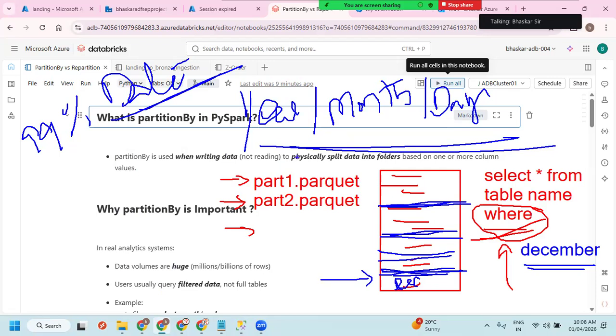Partition by, we have seen, right, how we use it with window functions. Using it with window functions is different. This is while writing the data into the target. Okay. I thought it was the same concept. No, not like that. That is different. That is correct. To remove the duplicates, you are going to do partition by with row number, with window functions. Yes. Okay, so that we discussed. This is for data processing.